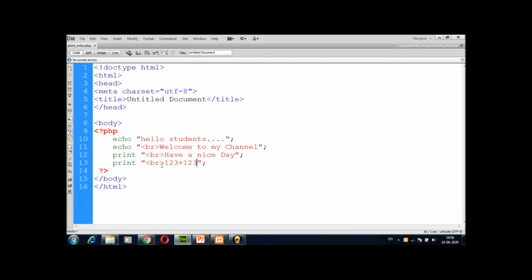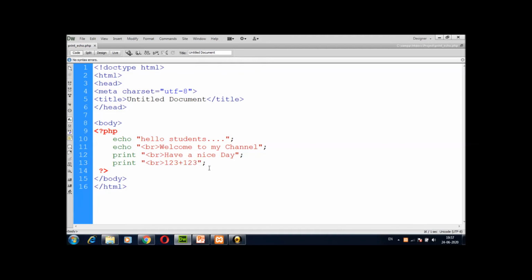So it is printing 1 2 3 plus 1 2 3, meaning it is not performing an addition operation. So this 1 2 3 and this 1 2 3 both are considered as a string value, not considered as a number value, while I am using an operator in between these two numbers with double quote signs.